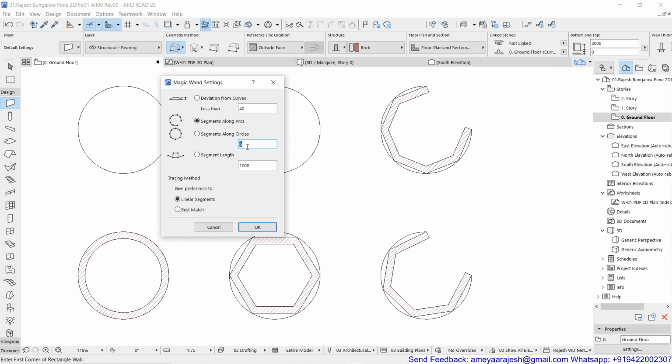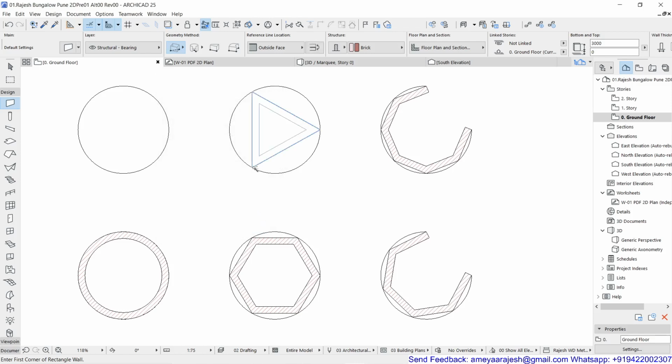So if you want to generate a triangle and you use this option of segments along circle, and you say okay and hold the space bar, you will see how a triangular object can be generated very quickly. Of course, you need the diagram which you have drawn, a 2D trace element, which is mandatory. Without that, it won't work. So in future, make sure you can use these combinations very quickly, or maybe just draw the polygon in a quick format.